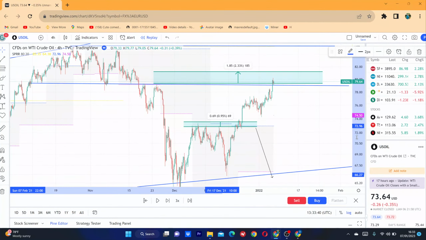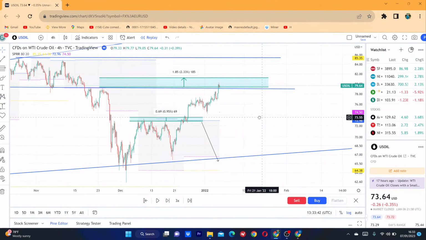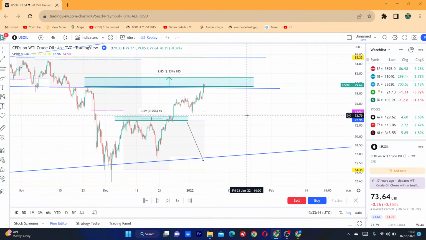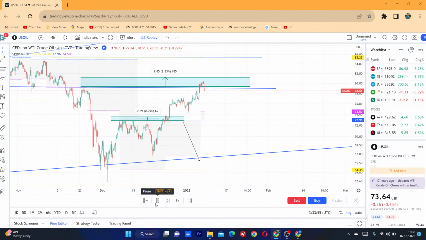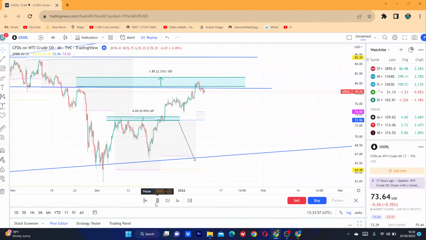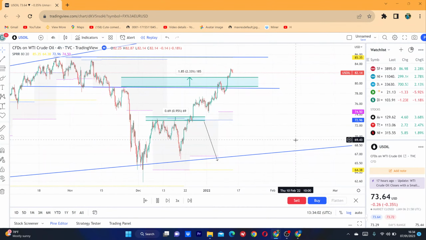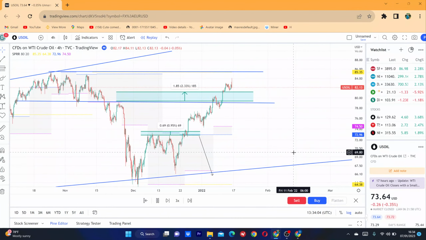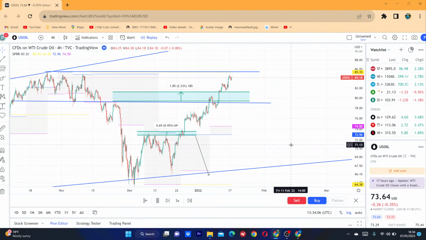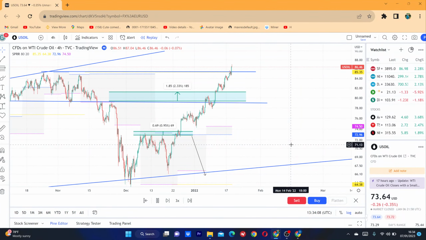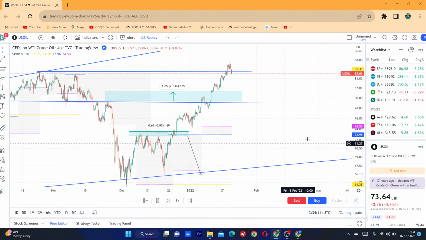So let's see whether the market is going to respect our region over here. On the region point, you can give it maybe 200 points, or 300 points, something like that. So let's see what the market does over here. So reversing back, and going up. Let's see what the market will do, whether it is going to kick the first, and boom, you can see that